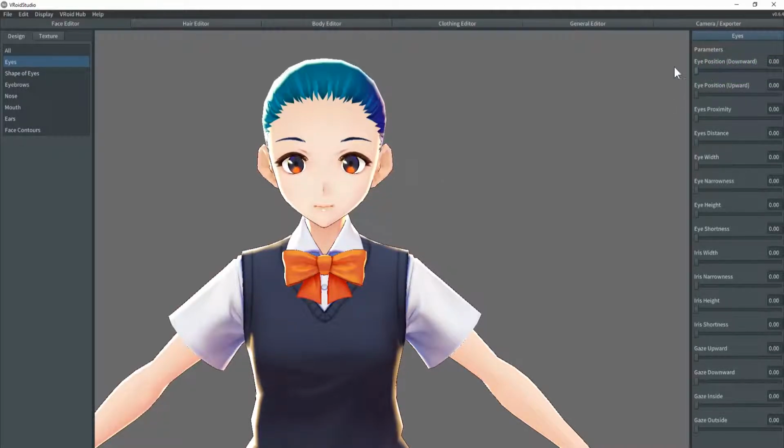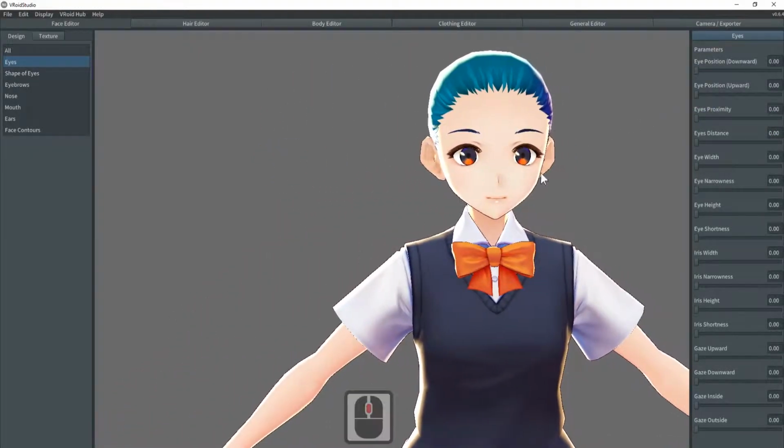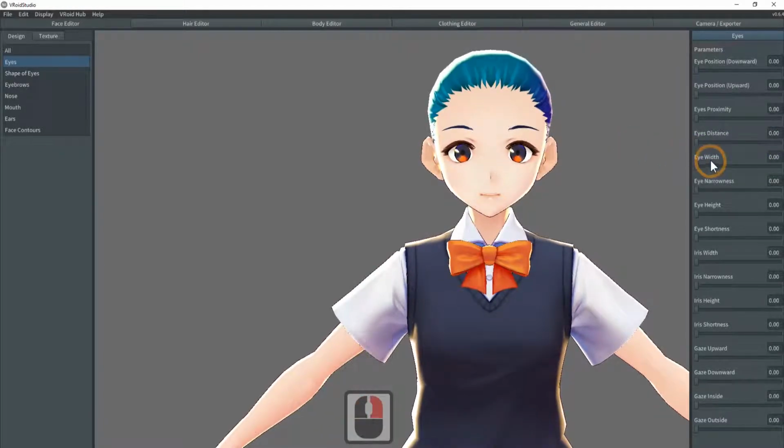Eye position downward, eye position upward, eyes proximity, eyes distance, eye width, eye narrowness, eye height, eye shortness,